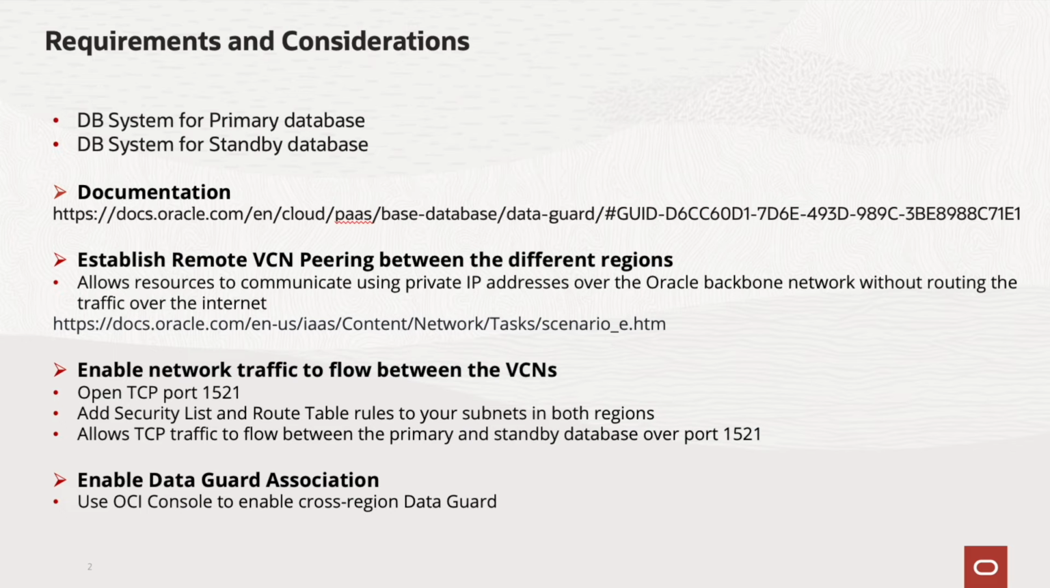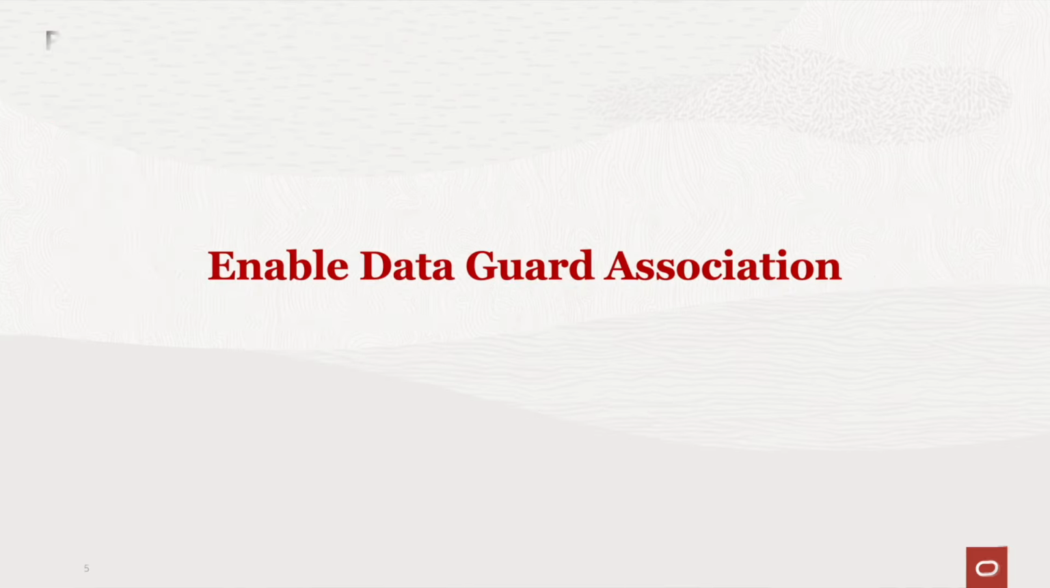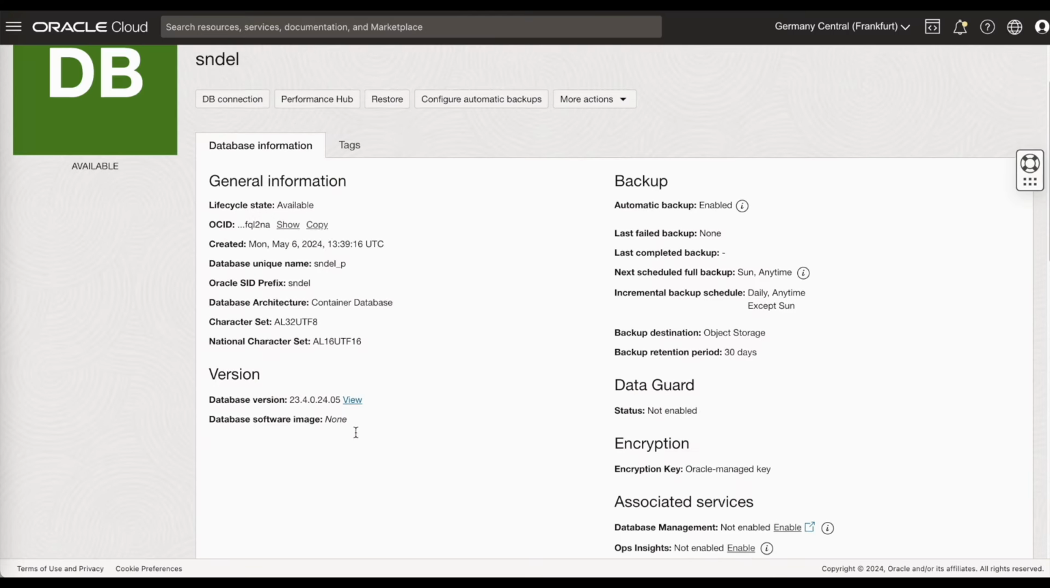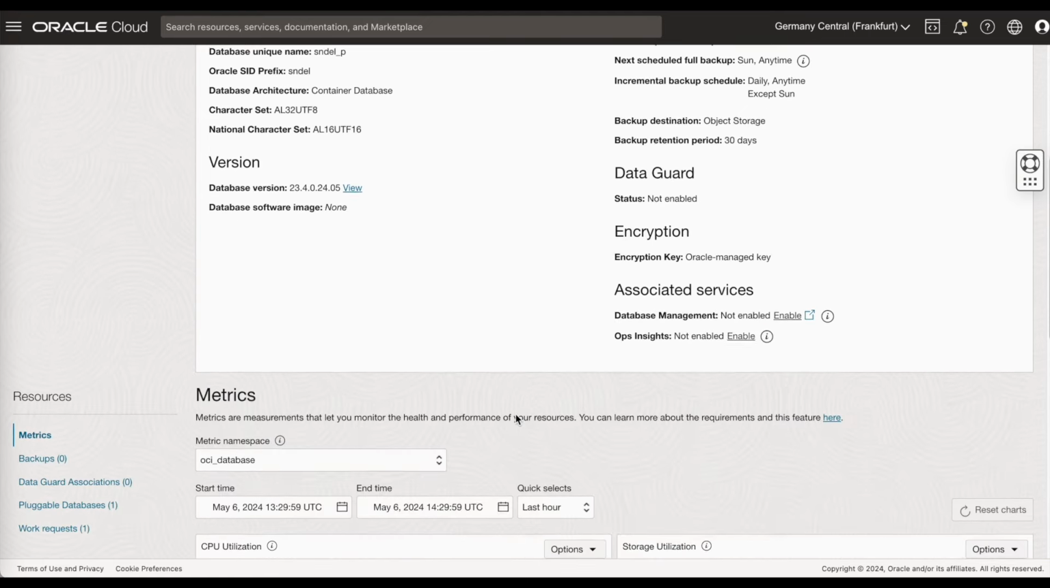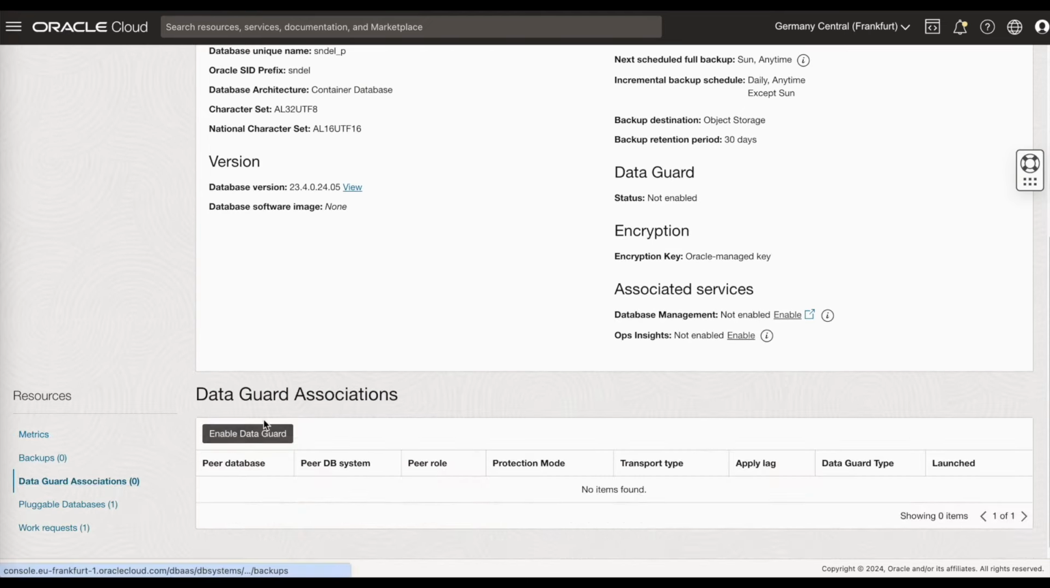Then enable DataGuard. So after the VCNs are peered and network traffic is allowed to flow between the VCNs, you can enable the DataGuard using the OCI console. Let's enable the DataGuard association for the Oracle Database 23 AI. So go to the database details page. If you see here, the status is not enabled under DataGuard. So go to DataGuard associations, click on enable DataGuard